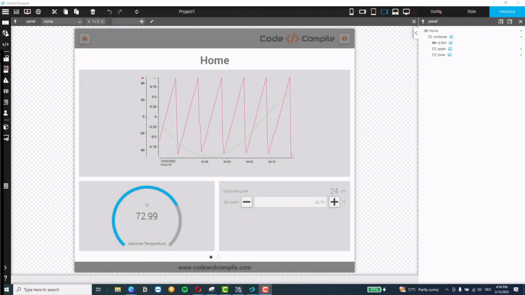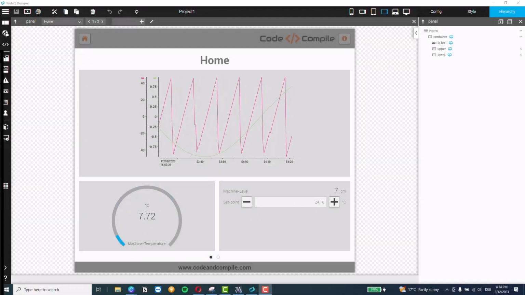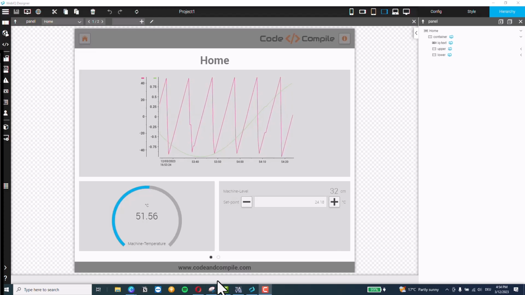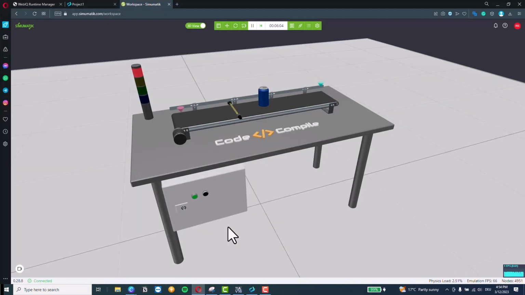Welcome to this video. Now in this video we are going to create an HMI for a process. So what is a process? I'm going to show you the process first. So this is a very simple process. I have a conveyor and when I run this conveyor, this is running some objects on the conveyor, and we